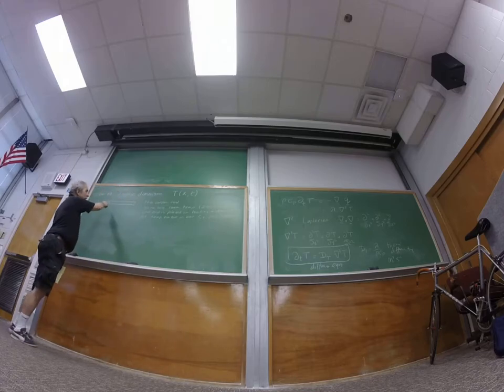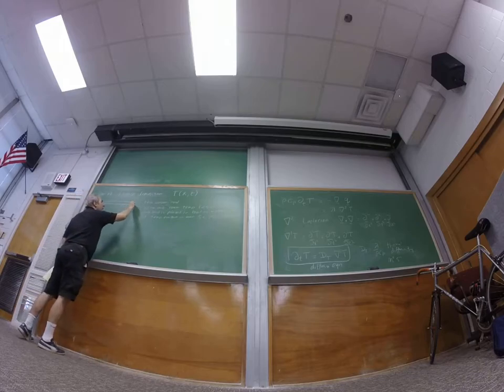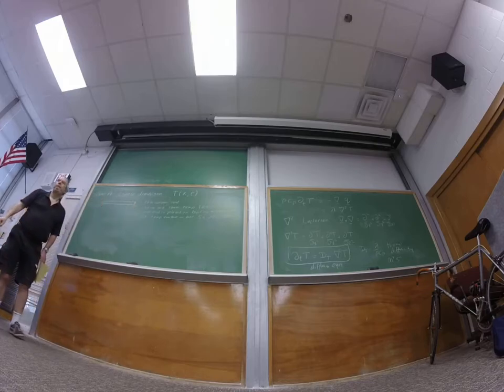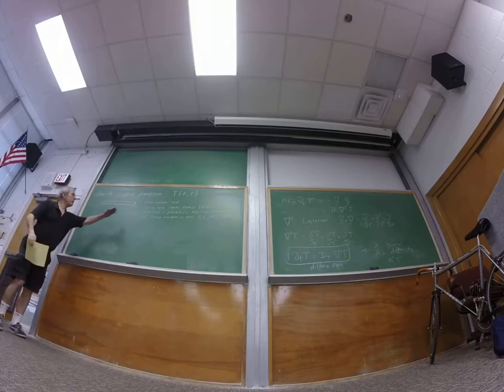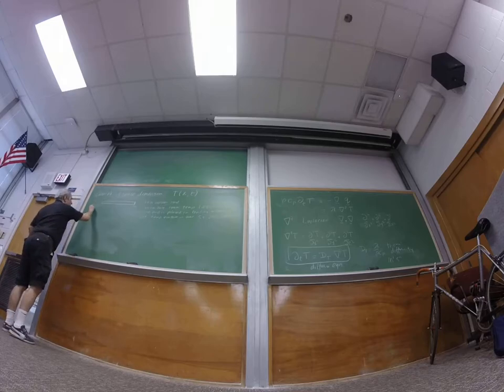So the idea is here's the bar. It starts off, the whole thing's at 25 degrees. And then instantaneously, I make this end 100 degrees. Okay? Now, what's going to happen is the heat will propagate down the bar so that there will be a temperature profile in the bar. Yeah? So what do we know? We know that